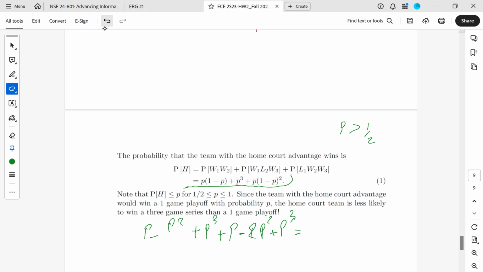Are we good? Yeah, okay. So it's going to be 2p cubed minus 3p squared. And so we cancel these plus,